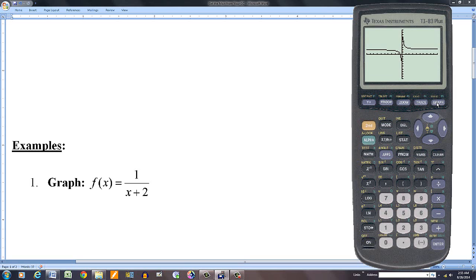that's the wrong graph. Okay, so notice what I have here. I entered this. The function is f of x is equal to 1 over x plus 2. So the denominator is x plus 2, but the way I wrote it, the calculator will read this as 1 divided by x, plus 2. So you're graphing the function 1 over x, plus 2, not 1 over x plus 2. So if you want it this way,